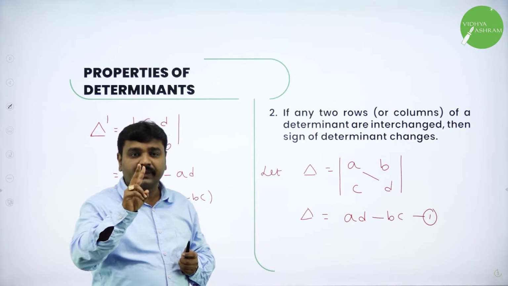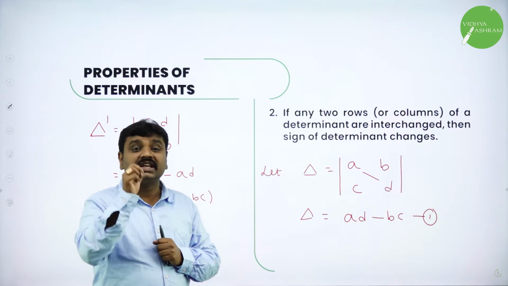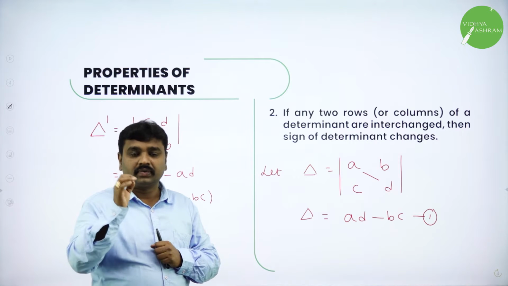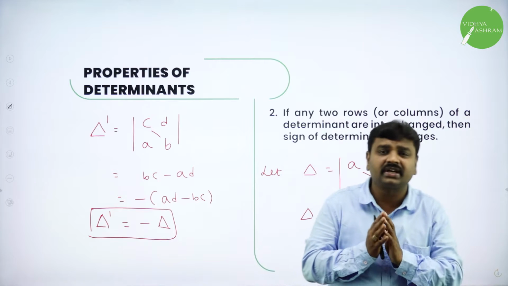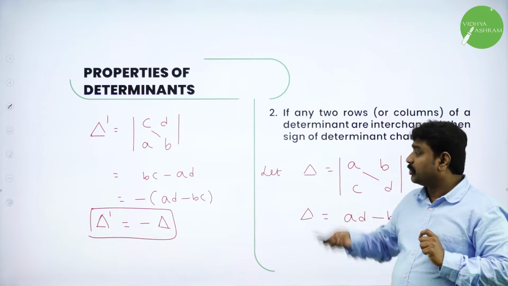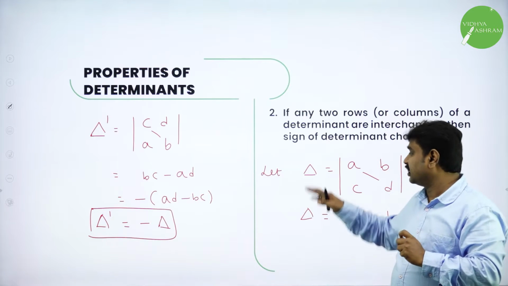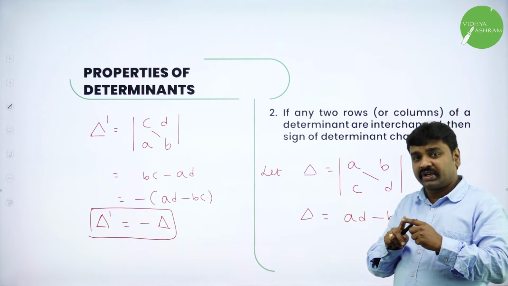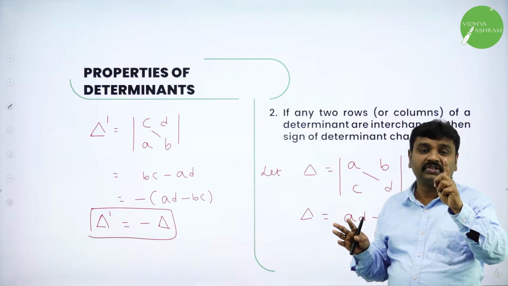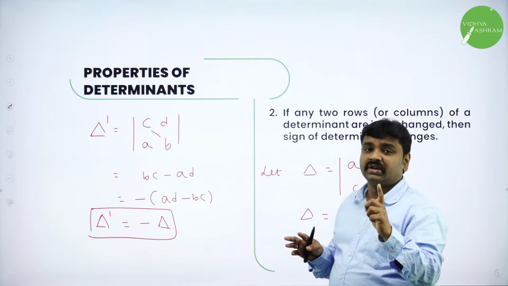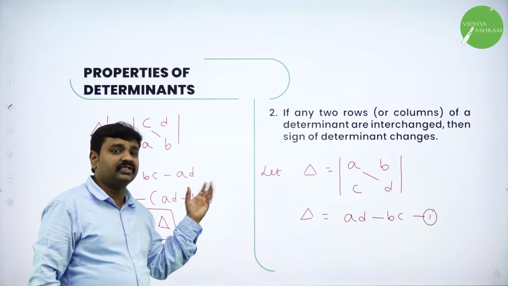So what is the second property? If you interchange any two rows or any two columns, the sign of the determinant changes. What changes? Sign of the determinant. This holds good for 3 cross 3 also. I am not taking 3 cross 3. If they ask you to prove, it will become very lengthy. If they are numbers, easily you can prove, but proofs you have to do by taking this. Either you could take A11, A12, A21, A22, or you can take like this, but you should not take numbers to prove. Please remember, according to the scheme of valuation, when they ask you to prove a property, you have to follow this method. This is given even in NCERT textbooks.